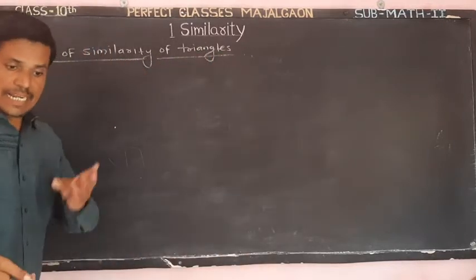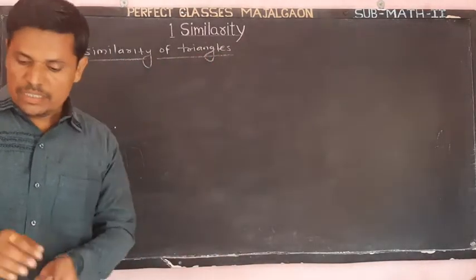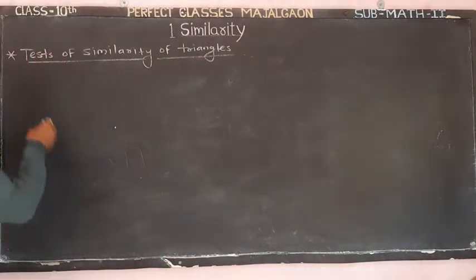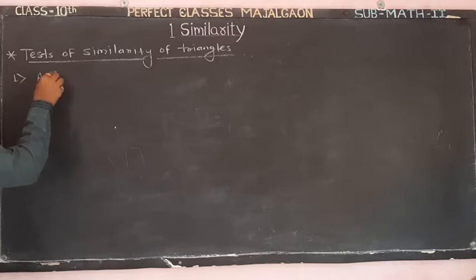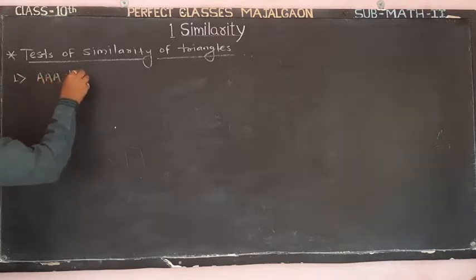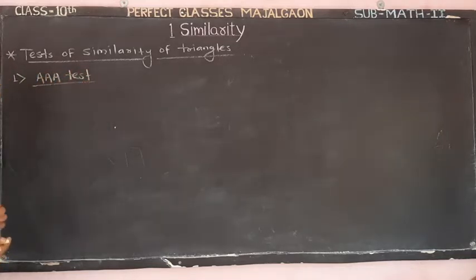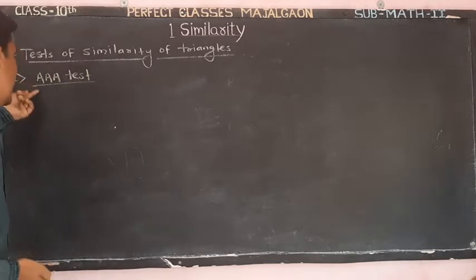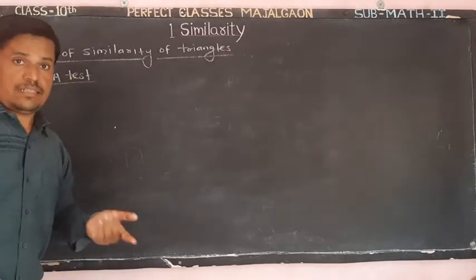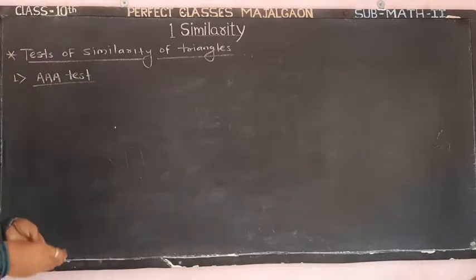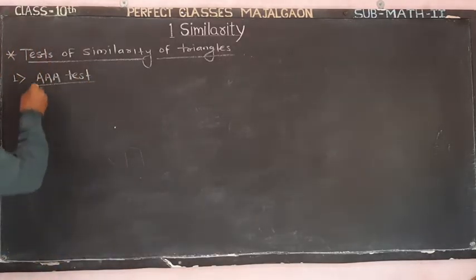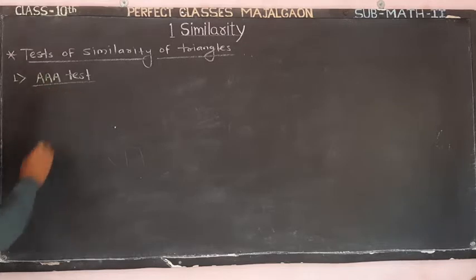Test of similarity of triangles. We see the first test, and the name of the test is the AAA test. The long form of this name is angle test. First I write the given test on the board, then we discuss the test. AAA test for